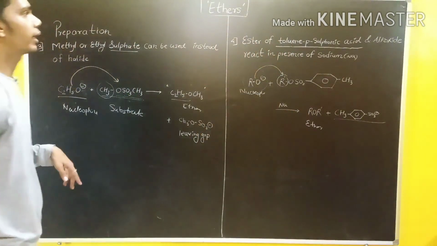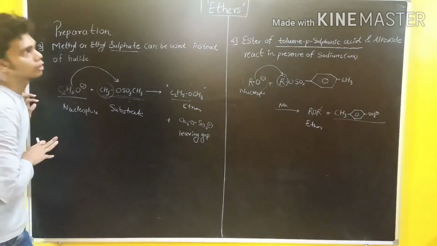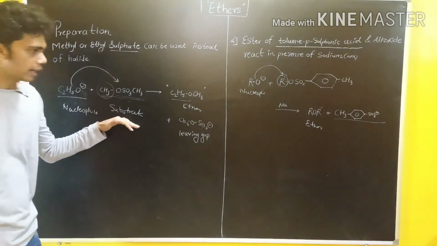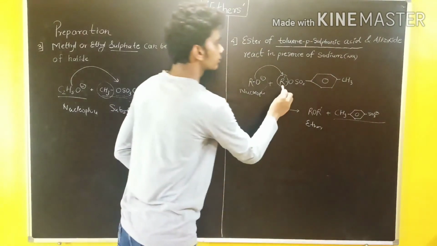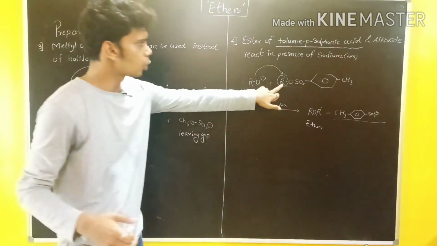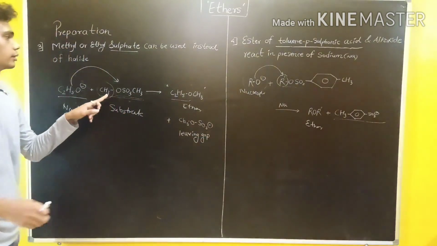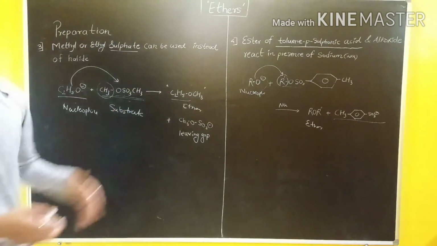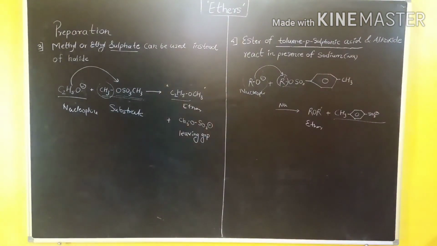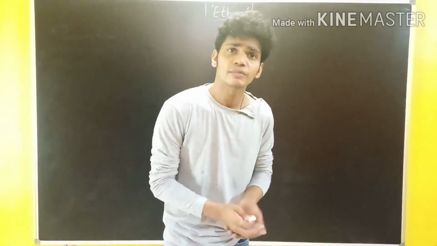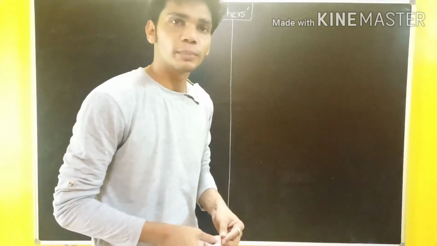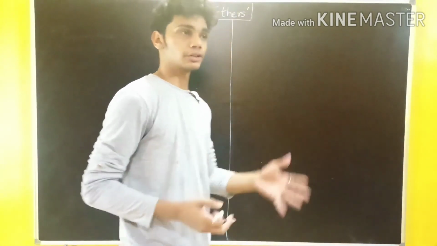So these are the comparable third and fourth methods of preparation of ether. We are using the sulfate as a substrate molecule, which serves in providing the alkyl group here, and in this case the tosyl group. So these two methods are also included in the preparation of ethers. In the Williamson synthesis, there was one limitation, that is, a tertiary alkyl halide is not usable. But we are going to discuss one method in which we can utilize this tertiary alkyl halide.